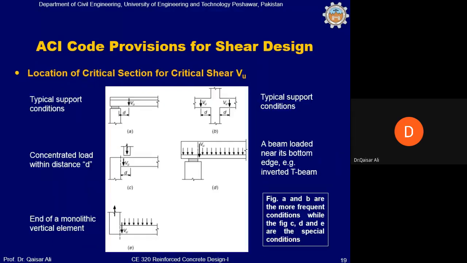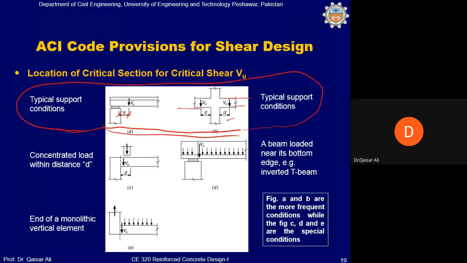अच्छा, तो ACI कोड के कुछ केसेस दिए गए हैं। ये टिपिकल केसेस हैं, A और B, जिसमें एक बीम है, यूनिफॉर्मली डिस्ट्रीब्यूटेड लोड है, तो उसमें आप क्रिटिकल शेयर डिस्टेंस ऑफ d पर ले लें। ये दूसरा कंटिन्यूअस बीम है, उसमें भी ऐसे ही। ये A और B टिपिकल सपोर्ट कंडीशन हैं।